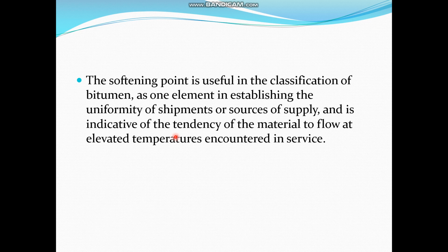This is done because first we need to know the melting point of your bitumen, so that we can start the mixing at that temperature. And secondly, when we have to ship our bitumen from one place to another, we know the temperature below which we